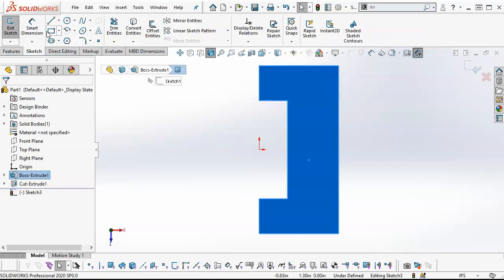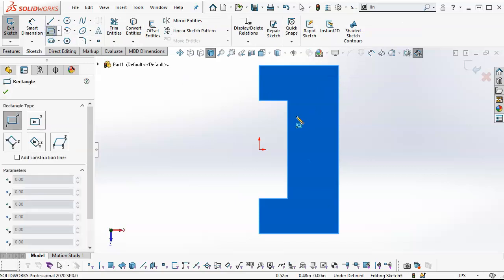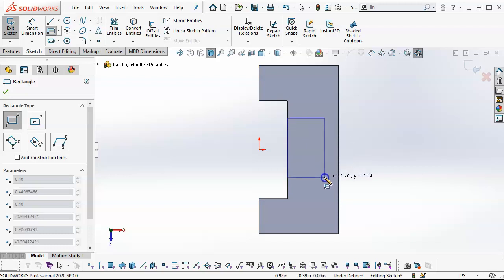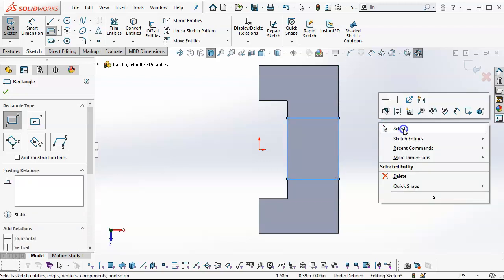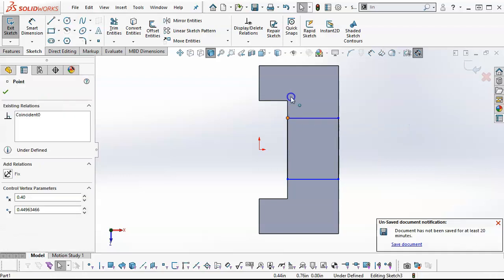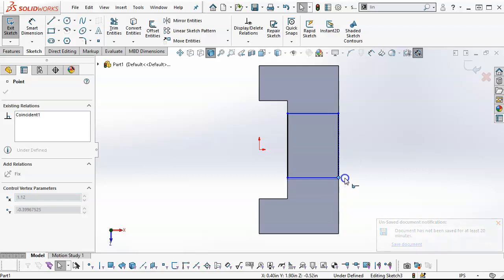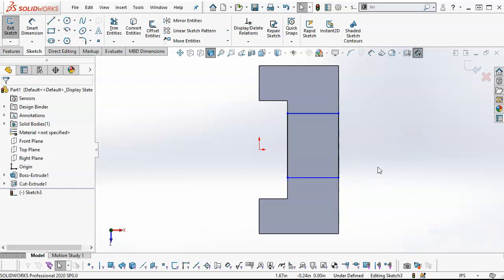Opening up another sketch. Now I'm just going to go back into the rectangle, and if I hover along that edge, I'll see a little yellow box that tells me that that point is going to be coincident. And I start my rectangle and I drag to the other side, and I see another little yellow box that's going to tell me that it's coincident. And if I right click and select, then I am able to drag up and down. So pretty much I'm exiting the